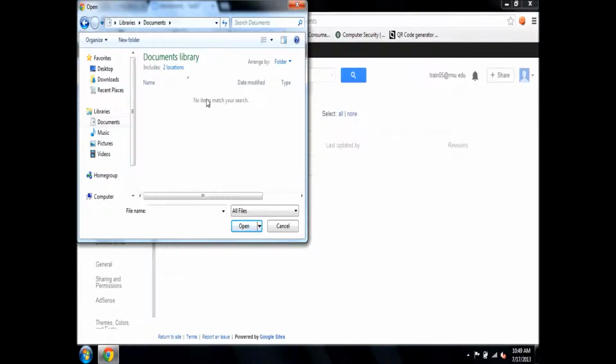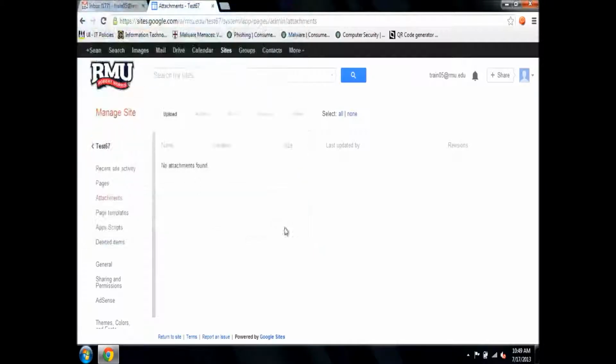If there were files to select, I would select one and then simply just click open. And then it would upload right into here. It's just like adding a file to your email. And then once your file is uploaded, you would right click and copy the link address. And then from here, if you see your site name, if you click on that,